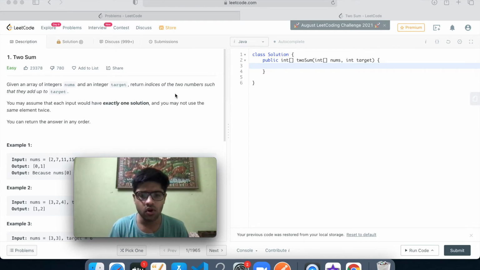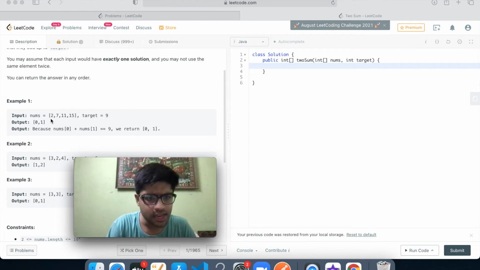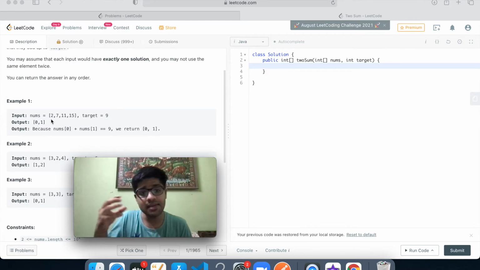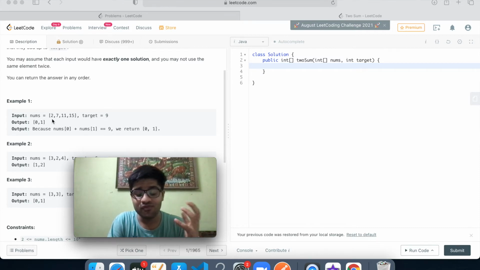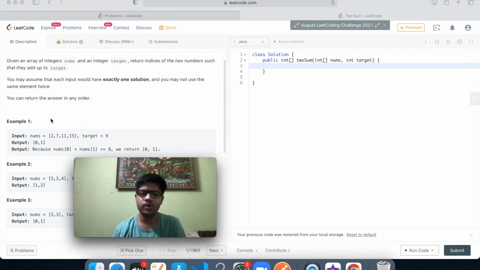We can do it in order of n as well. So the idea here is, if I am at a particular element and I am able to search if any pair is possible, like if I am at 2, if I can find out whether there is a 7 in the array or not while being at 2 only, then it can really help me. We can do it in big O of n complexity as well.